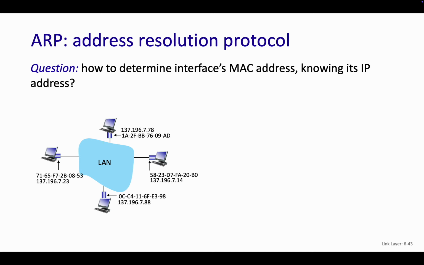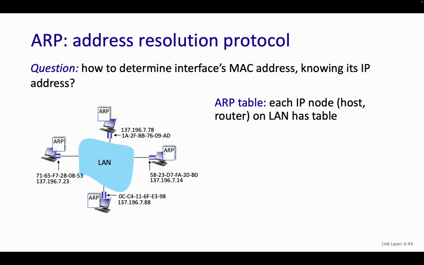Things like DNS help you solve that, right? That'll give you a host name to IP address. Great, I have an IP address, but how do I then send that further down? DHCP also gives you IP addresses, not MAC addresses, so you might need to do this mapping here. So how do you map that?